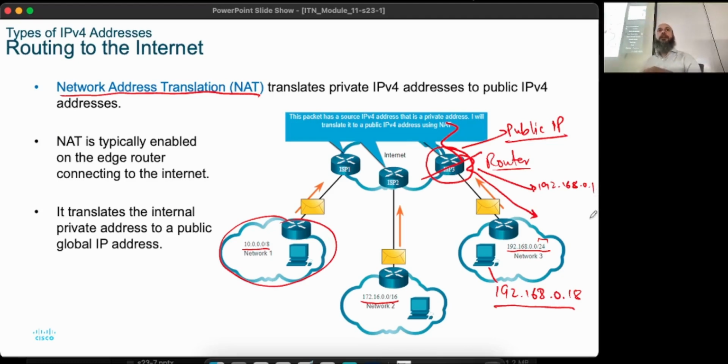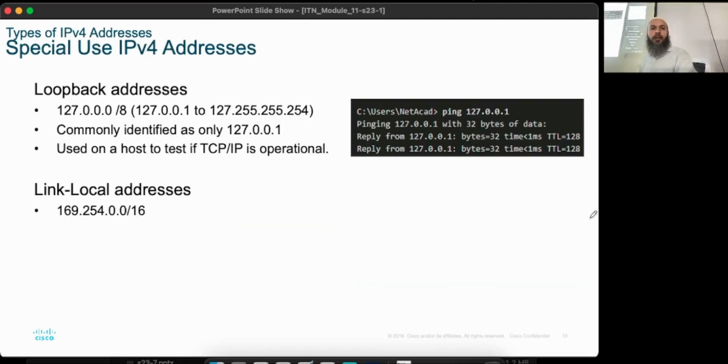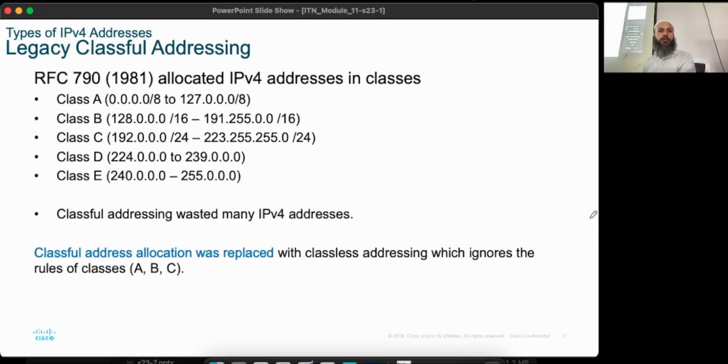The router has two IP addresses? One for each interface, so we say two interfaces. Each interface has its own IP address. A more technical way of saying it would be a router has multiple interfaces, and each interface has to have its own IP address. So a router has more than one IP address. Make sense?